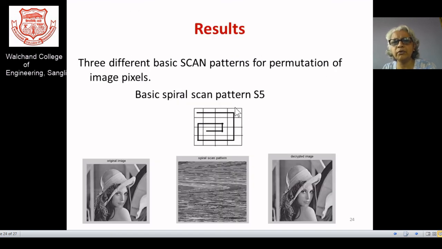A simple example I would like to share with you. For example, I have a scan pattern here. Let the scan pattern be named S5. Let this be the scan pattern. So the image itself, this is the popular image of Lena. That Lena is scrambled here, and you may say that from this particular image it is very difficult to tell that it is the image of Lena. So this is actually the entire shuffling you carried out because of this particular scan pattern. This is one application of your permutation, and this is the pictorial observation of your permutation, and after rearranging it back, you can retrieve the original or decrypted image.